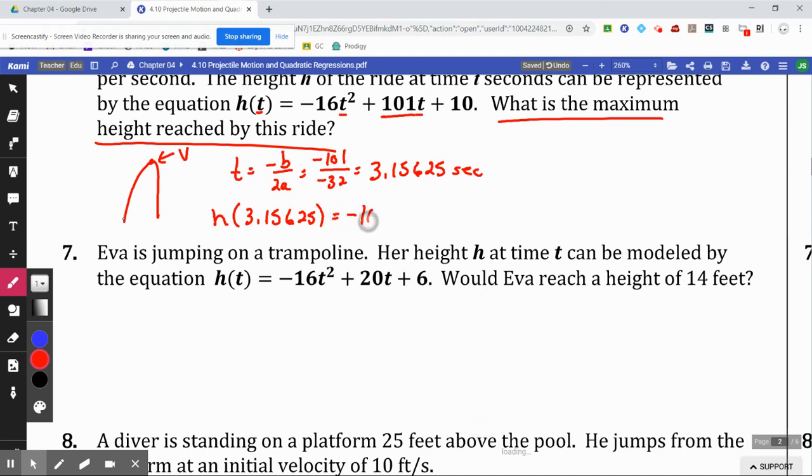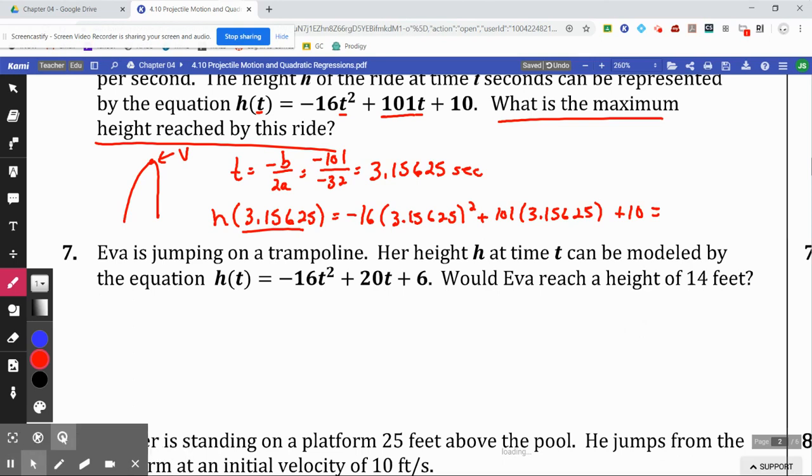So we're going to do negative 16 times that number squared plus 101 times that number. And you can just type it straight into the calculator. I don't expect you to do these calculations by hand. Plus 10. And the height at that time is going to equal